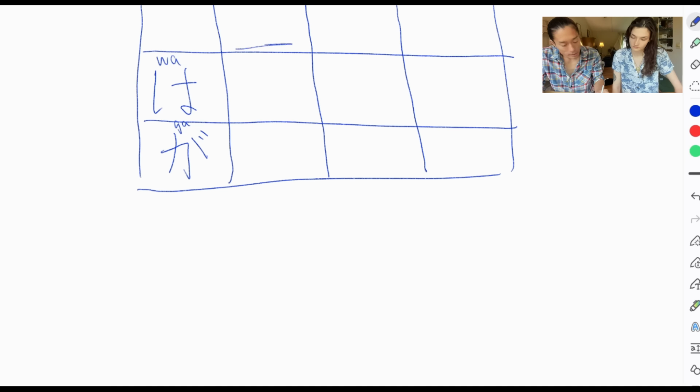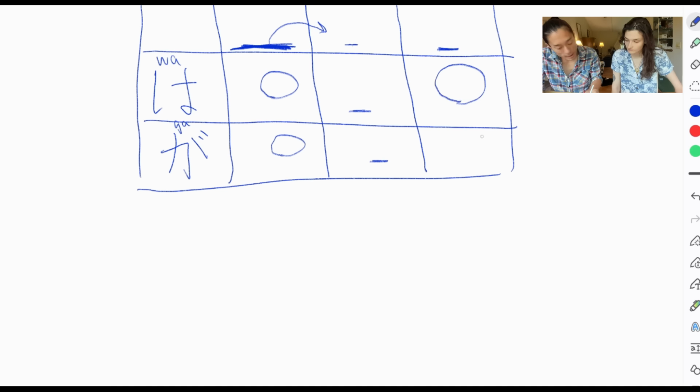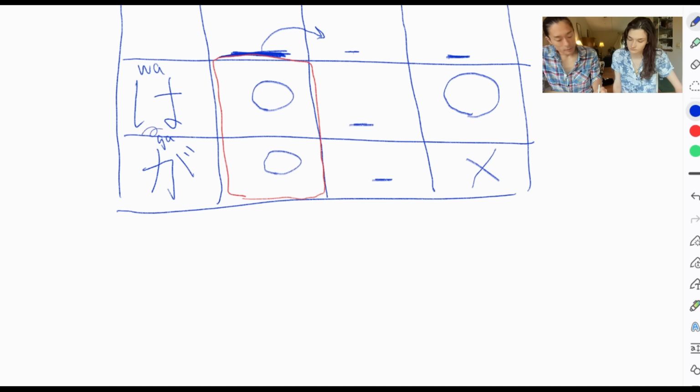This one is really similar to another particle, ga. There's one function that is the same among wa and ga. The next one is related to this first function, but it's different between wa and ga. And then there's a third function that wa has, but ga doesn't have. But since both wa and ga have the same first function, people do get confused about when to use wa, when to use ga. The first function that both wa and ga have is designating the subject